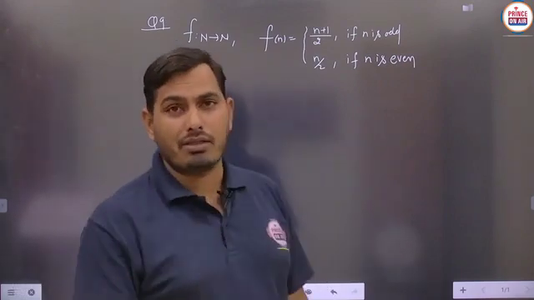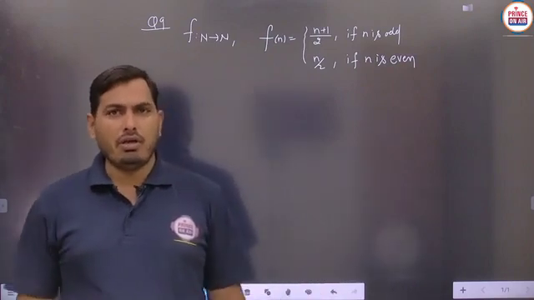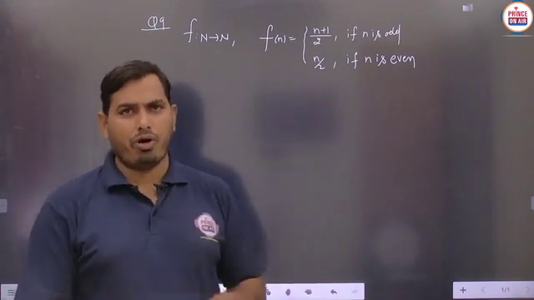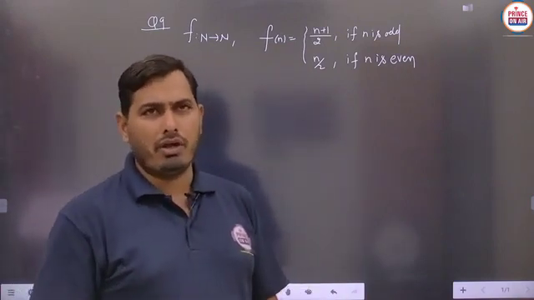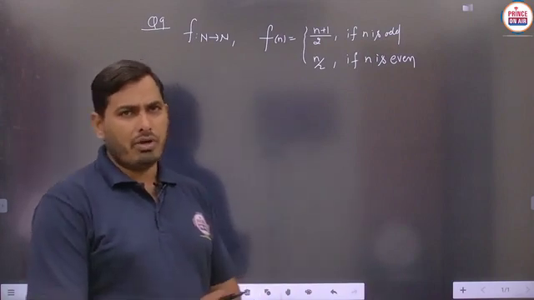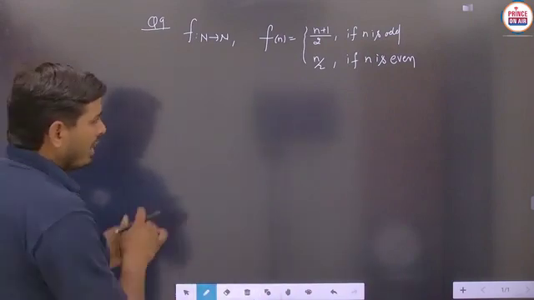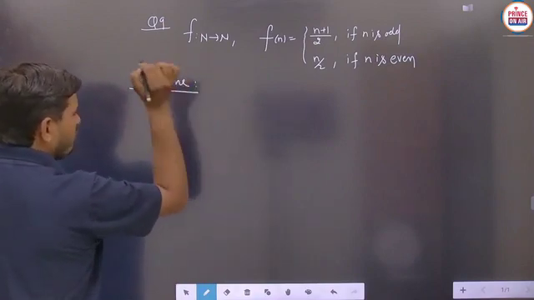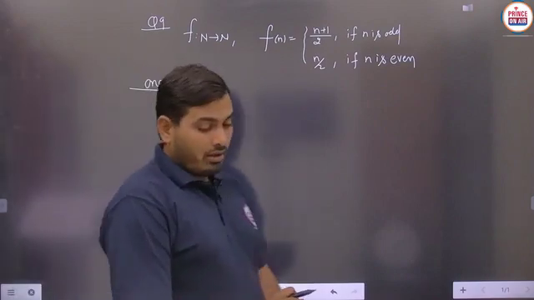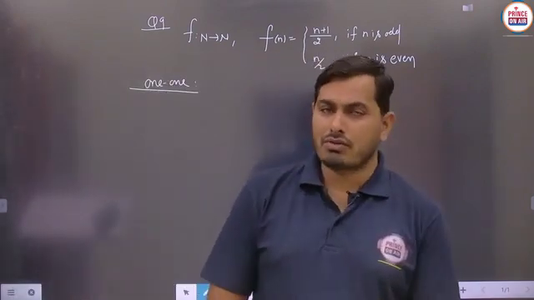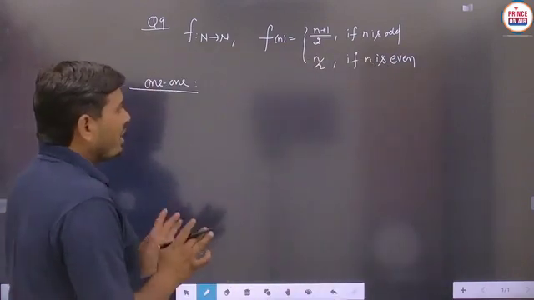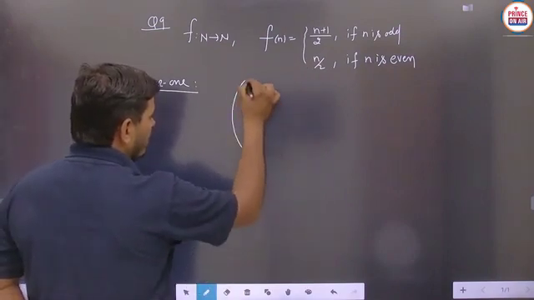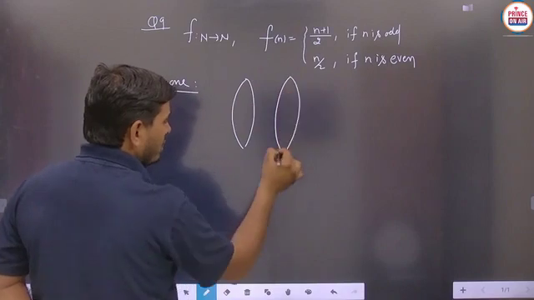So in the case of a bijective function, generally students, we say that any function will be one-one as well as onto both, means if any function is one-one as well as onto, then it is said to be bijective, otherwise it is not said to be bijective. Means again we have to check the one-one case as well as the onto case. So first of all we have to check the one-one case. So basically students, whether this particular function is one-one or not, we have to check this thing. So the important thing is that we take the mapping here, because this mapping will help us understand this question in a better way.